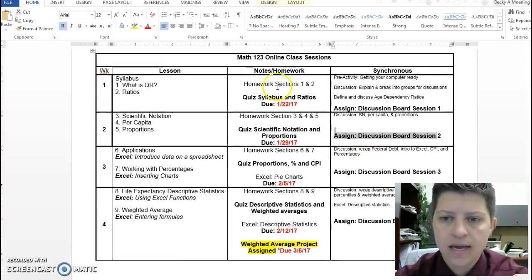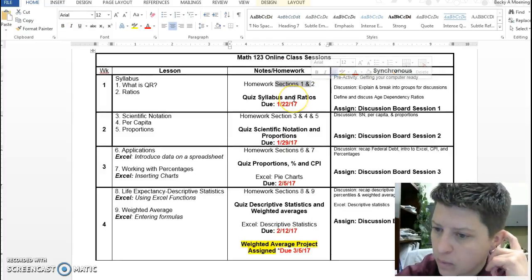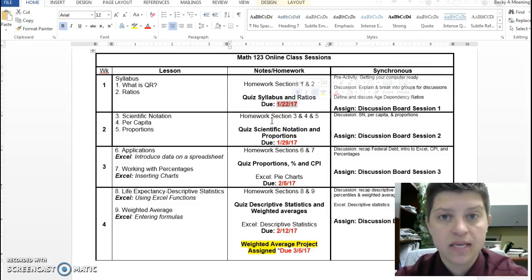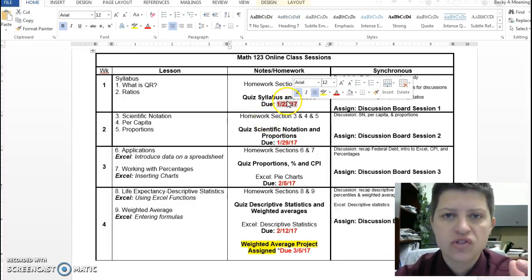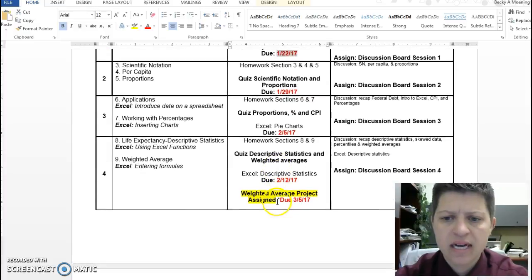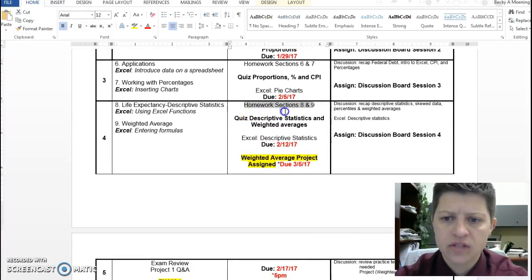So you can see that you've got homework, and we will talk about how to get to your homework and web work. Quizzes are in Blackboard, and then your due dates. Things are due at 11:59 p.m., except for exams. Exams are due by 5 p.m. on Fridays. Everything else is due on Sunday nights at midnight. So the quiz, syllabus, that kind of thing, and I'll get into more of those as we get into the Blackboard discussion. You will see down here in week 4, all of this is due on February 12th.